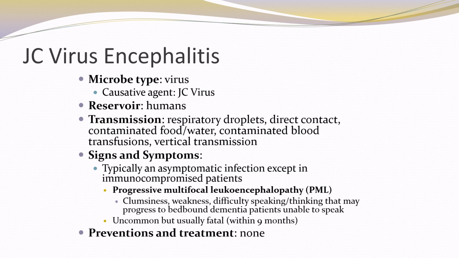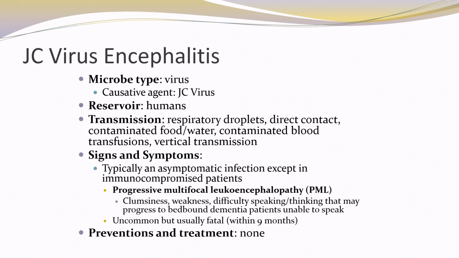The reservoir is humans. The microbe type is a virus. The causative agent is the JC virus. Transmission is respiratory droplets, direct contact, usually contaminated blood transfusions, or vertical transmission, so from mom to fetus. And it's very good at spreading. However, again, most people who have had it, which is the vast majority of people,